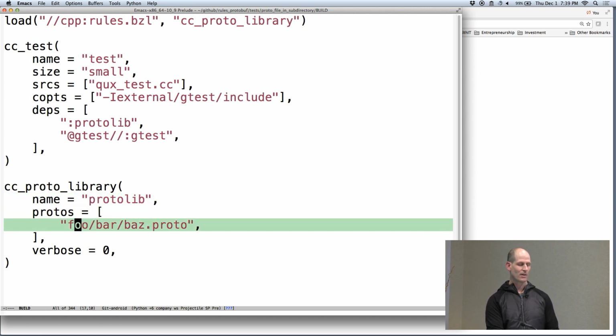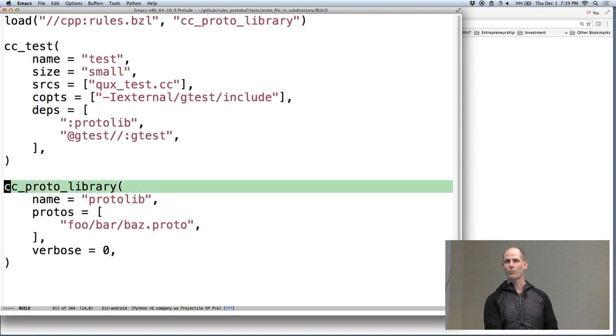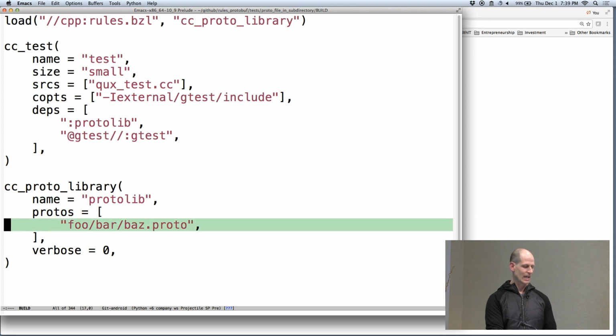And then we're creating a proto library. So basically we're generating a protocol buffer source file. And the source file is,